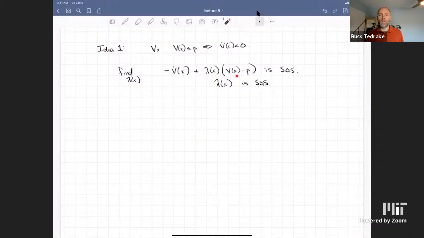When v of x is greater than rho, it's adding positive terms, which can cancel out negative terms here, which means that even if v dot, this negative sign makes my English language more complicated, but if v dot was somehow going up outside the region, that's okay,